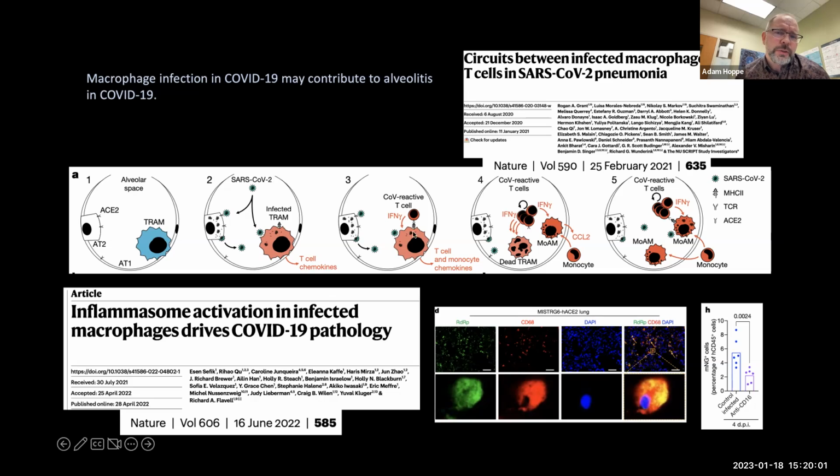And these two studies agree that macrophages, particularly the alveolar macrophages, can become infected by the SARS-CoV-2 virus, and that infection leads to a very inflammatory function of these cells, recruiting massive amounts of additional immune effectors and driving the alveolitis